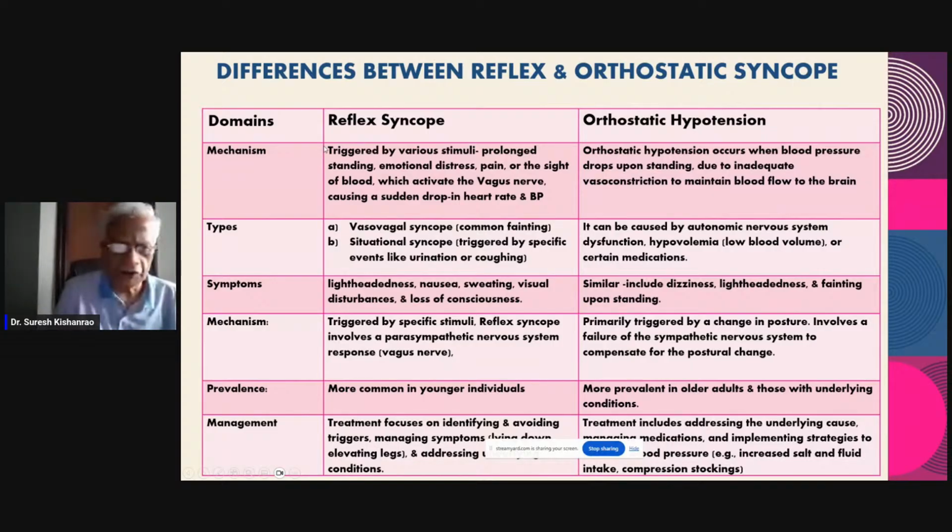Symptoms are lightheadedness, nausea, sweating, and visual disturbance. In orthostatic syncope, you can avoid it by taking some support. The trigger is usually specific to orthostatic